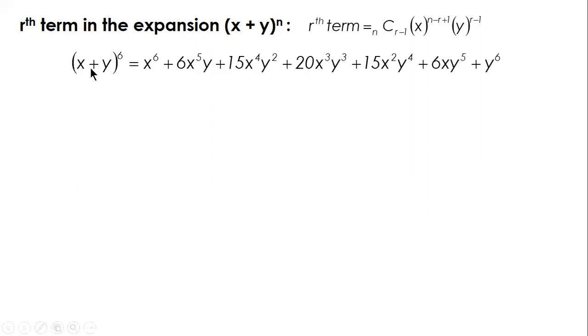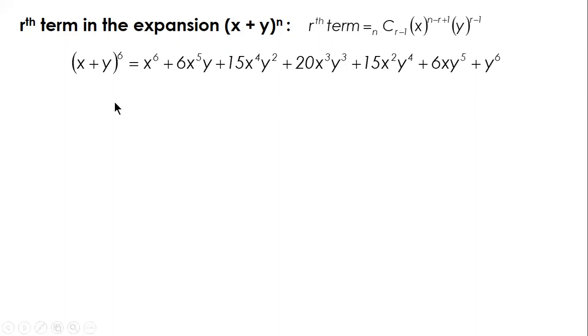So, okay. Let's try again. x plus y raised to 6. Now, again, our only problem here are the coefficients. Because there's no problem with the variables. We can always use the properties. So our only problems are 1, 6, 15, 20, 15, 6. Alternate solution, aside from that, is a shortcut: coefficient of the next term is equal to